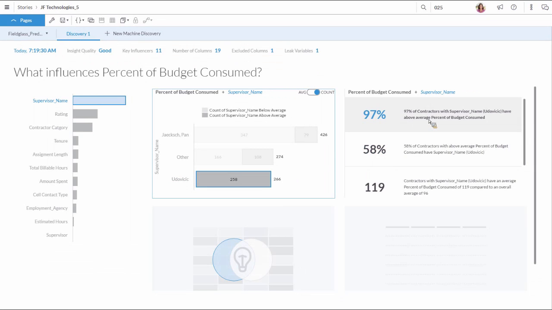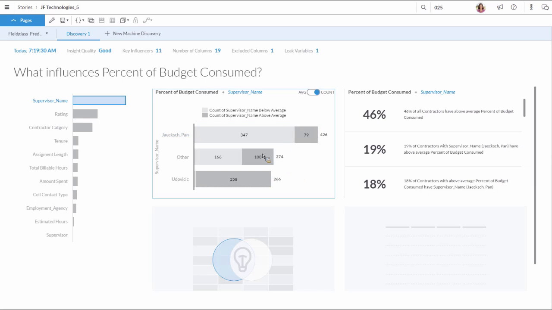In addition to that, you can see, for example, what we wanted to do is bring the insights to you, not only with intuitive charts, but also with natural language. So for example, here you can see the additional information that 97% of contractors with the supervisor have above budget consumed, or that 58% of the contractors that have above budget, so all these gray segments here,